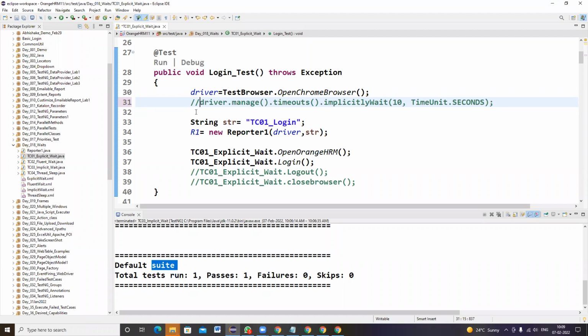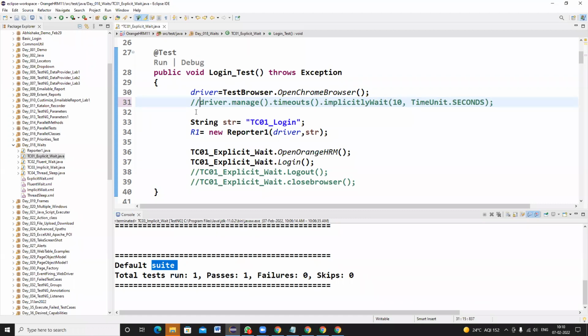That means sometimes some of the web elements cannot be loaded within the default implicit wait time. And we have to tell the driver that this web element is taking more than the default implicit wait time. Such web elements we need to handle by using explicit wait. Explicit wait means you are giving extra time for that specific web element, because within the default 10 seconds it is not loading every time. Sometimes that web element is loading in 15 seconds, 20 seconds, 25 seconds, or 30 seconds. In such a case, to handle that specific web element, we have to write explicit wait.